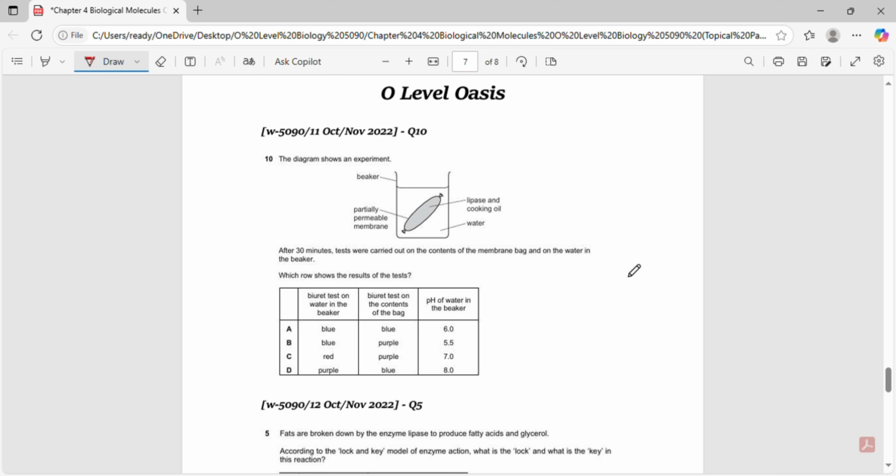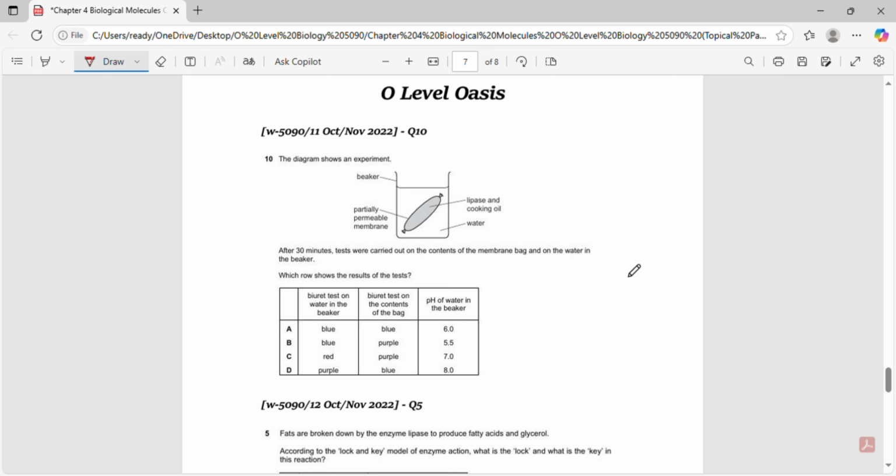Lipase breaks down cooking oil into fatty acids and glycerol. Fatty acids are small, acidic molecules and can diffuse out of the bag into the surrounding water. Based on this, we can predict the test results. Inside the bag, the Biuret test should be positive, purple, since lipase is a protein. In the beaker, fatty acids would lower the pH of the water due to their acidic nature. However, the Biuret test on the water should be negative, blue, as no proteins or fats are expected to pass